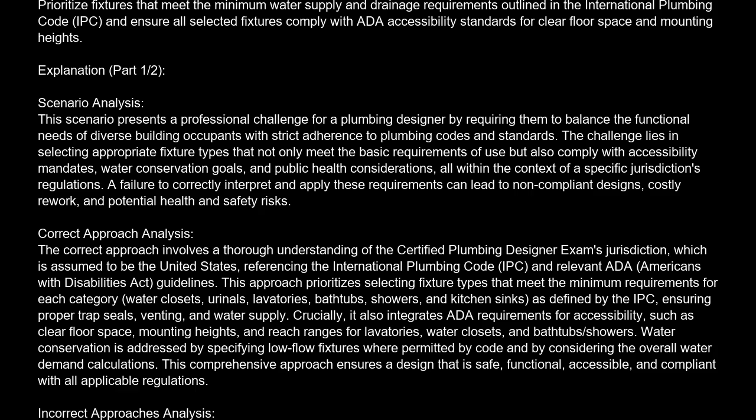water closets, and bathtubs/showers. Water conservation is addressed by specifying low-flow fixtures where permitted by code and by considering the overall water demand calculation. This comprehensive approach ensures a design that is safe, functional, accessible, and compliant with all applicable